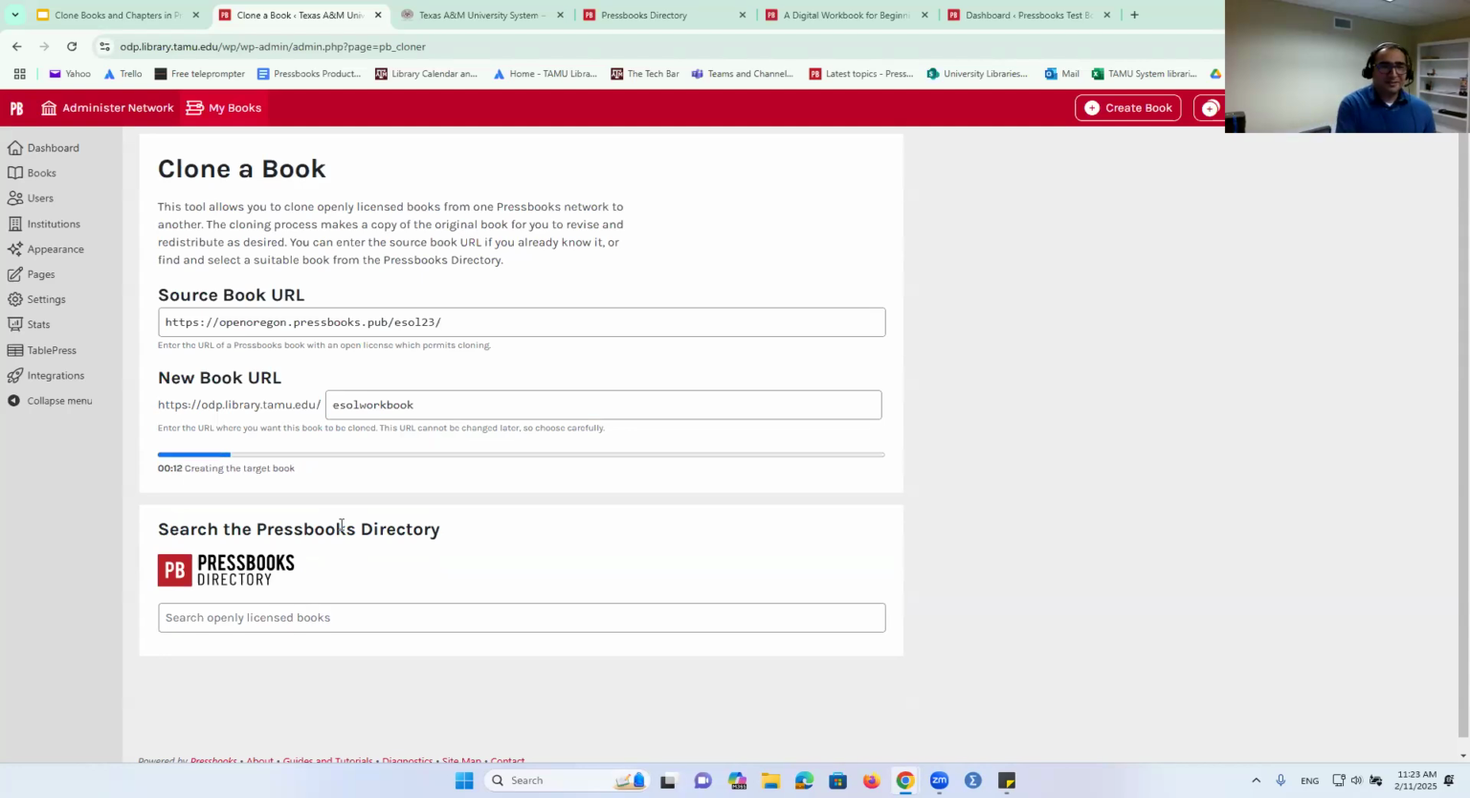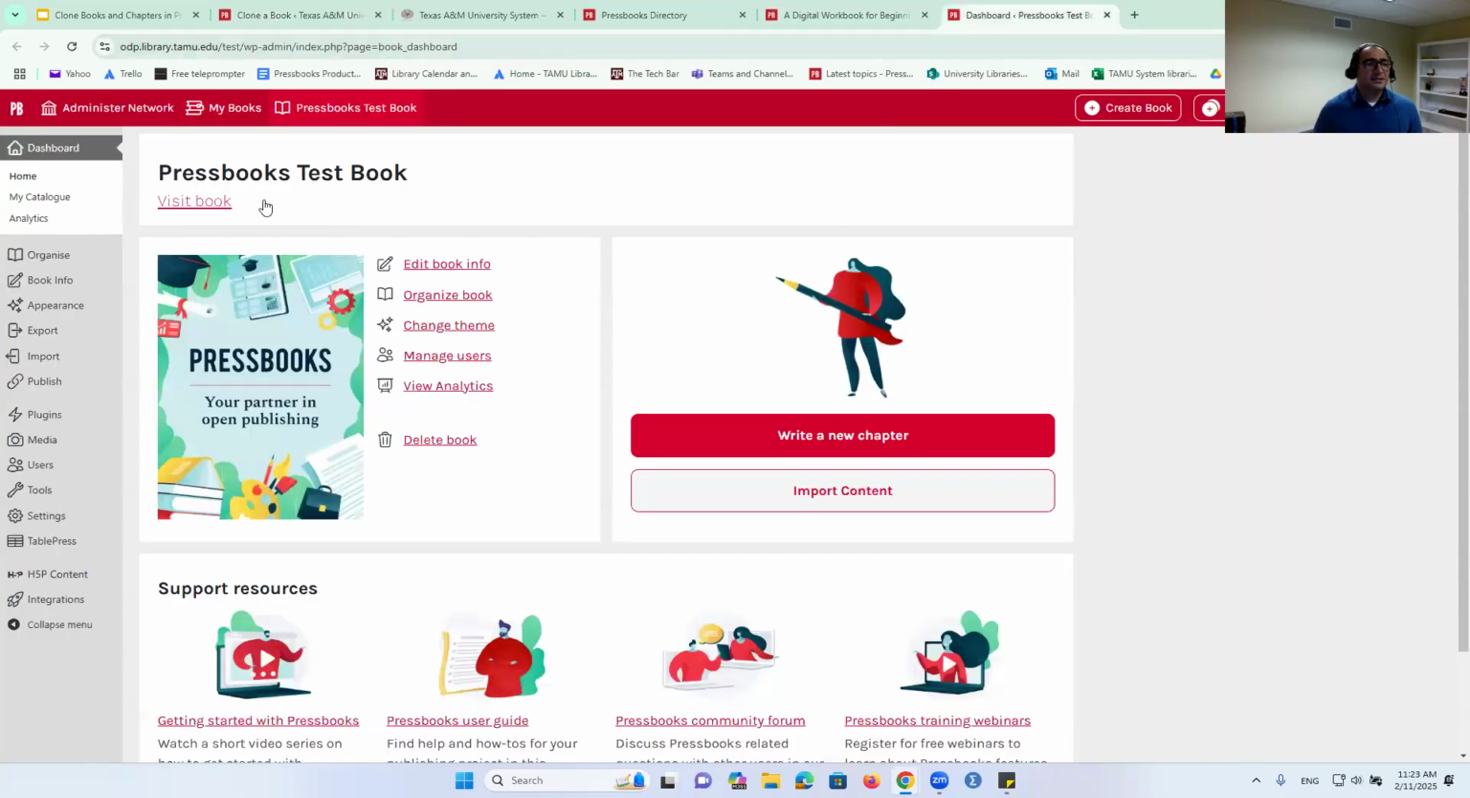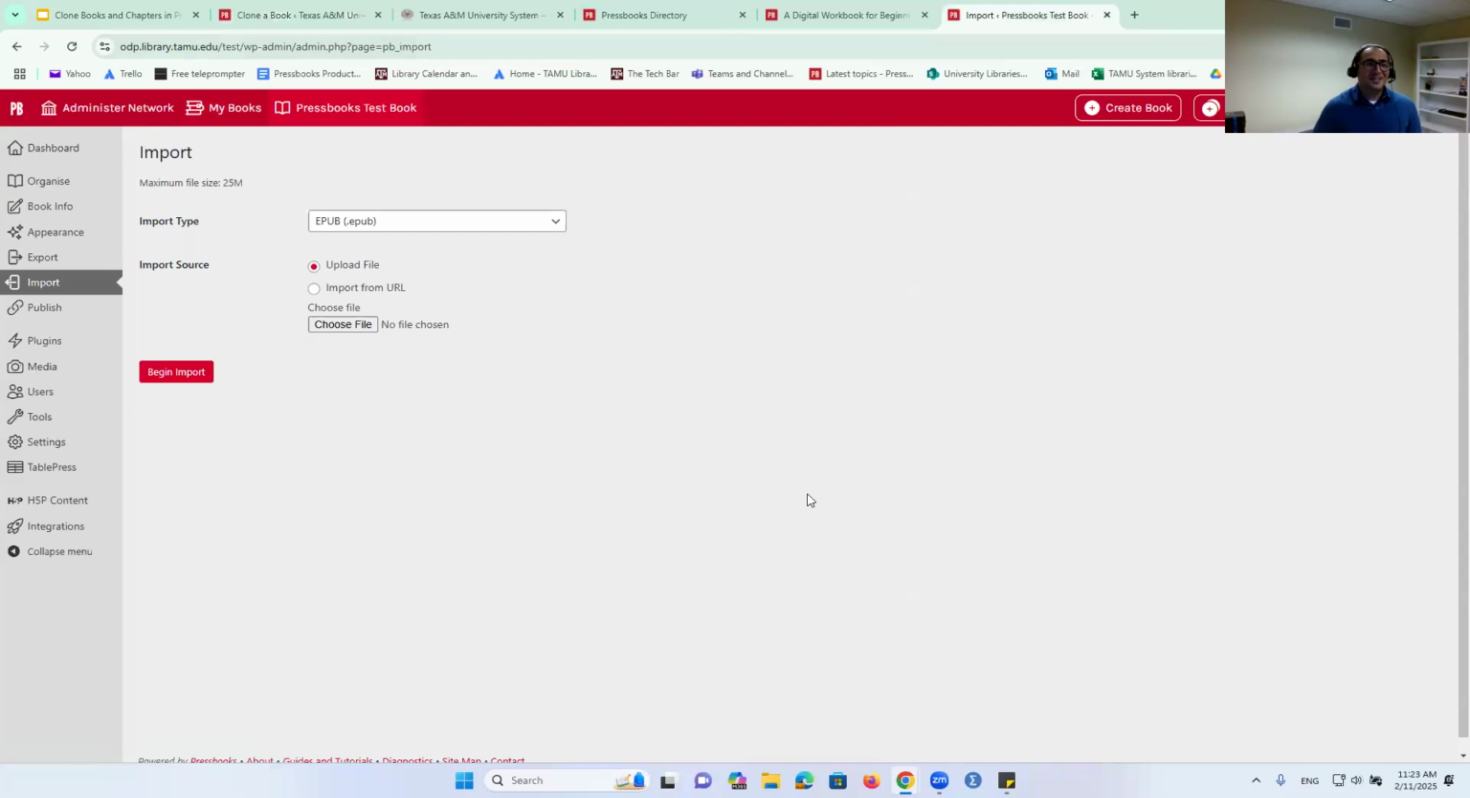All right, so while we're waiting for this, we can also try to import a chapter, basically. And for that, I already have a book already loaded. So this is the Pressbooks test book, which I use for test purposes. And as you can see on my dashboard, I have the import content button, which could be used to import content, including chapters and parts. And import type, I have